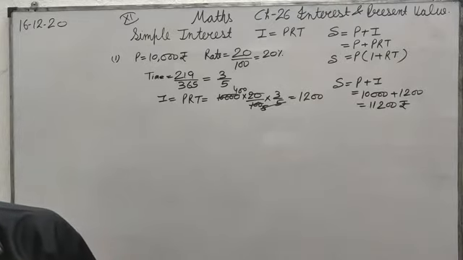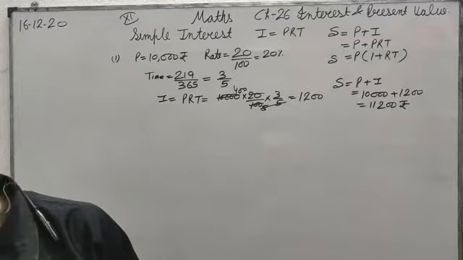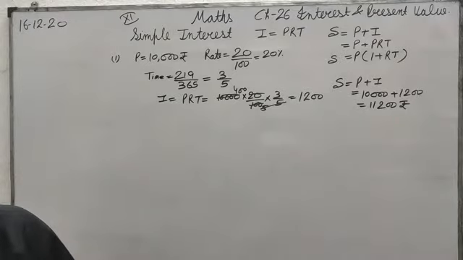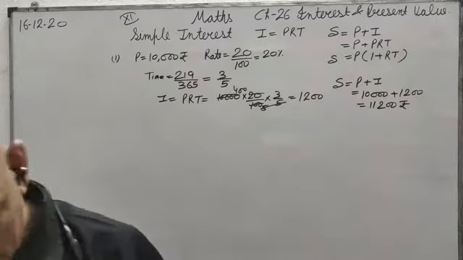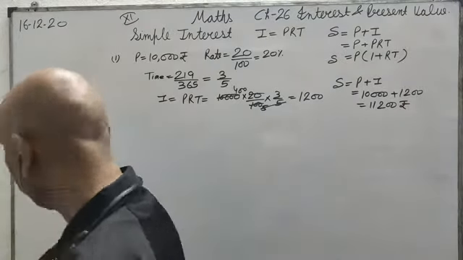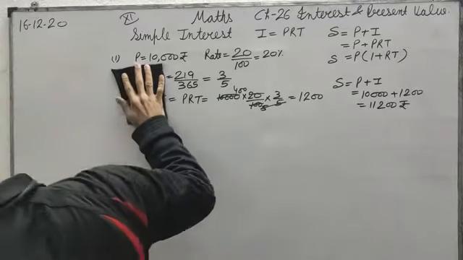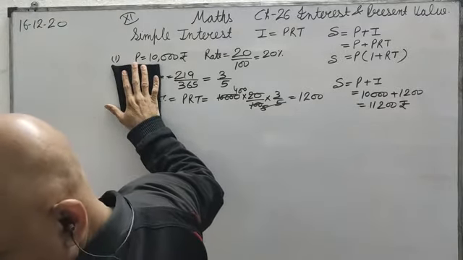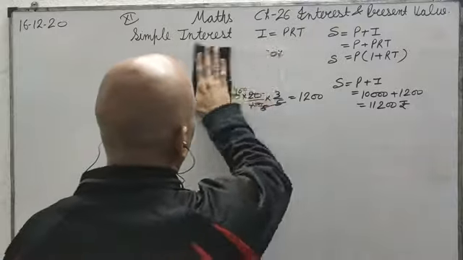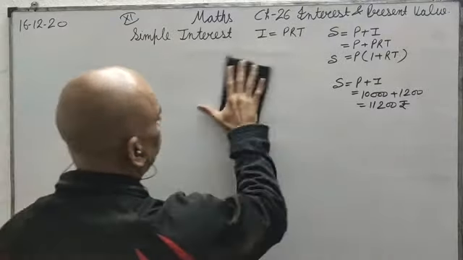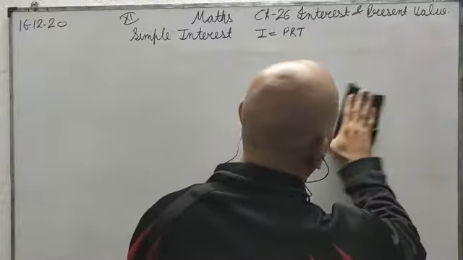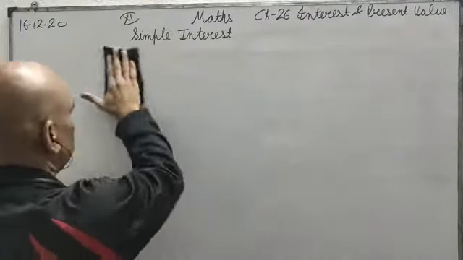Divide 43,500 in two parts so that the simple interest on the first, when deposited for 1 year at 9% per annum, and that on the second part deposited for 2 years at 10% per annum in a bank, are the same. Interest for both of them is the same. So now we will have to divide this 43,500 in these two parts. Okay, let us see the question. These formulas are learned by you, so these need not be on the board.